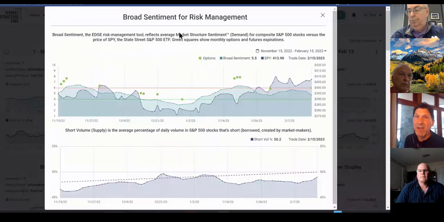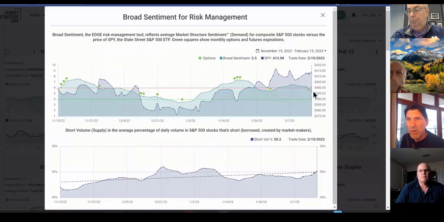5.5, still over 5, but it's coming down. I don't know where it's going to bottom. On a trend line, not yet. The interesting thing is the market's generally pretty healthy. This isn't great. This is the first time we've been over 50% of all trading volume.